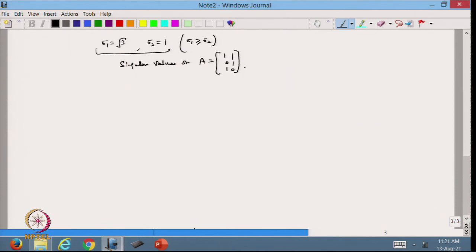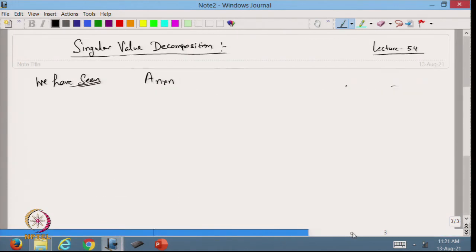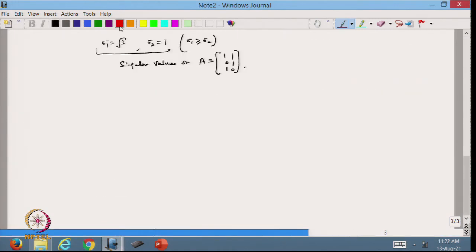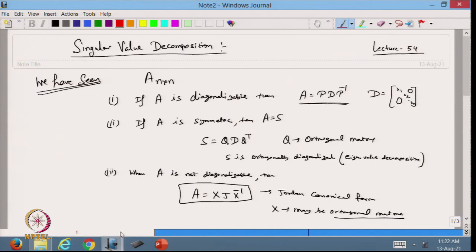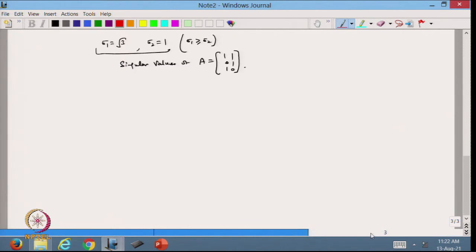So, these are the singular values of the given matrix. Now, in the first part we have seen that a matrix can be diagonalizable, it can be orthogonally diagonalizable, and then we have seen that it can be converted into the Jordan canonical form. Now, after this one we can write that for a given matrix